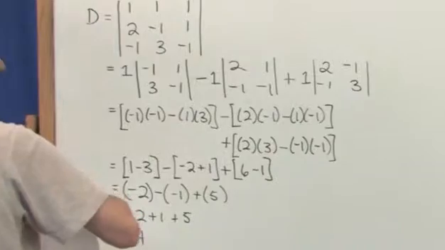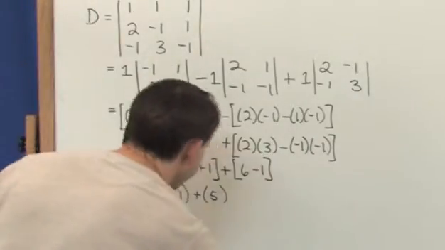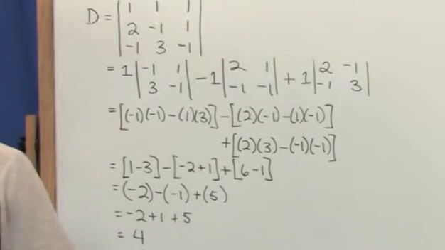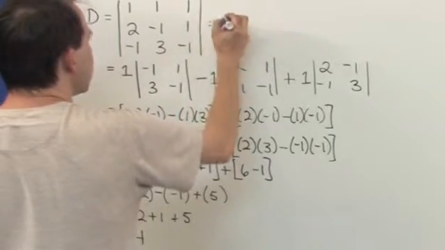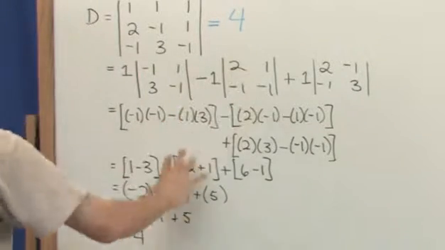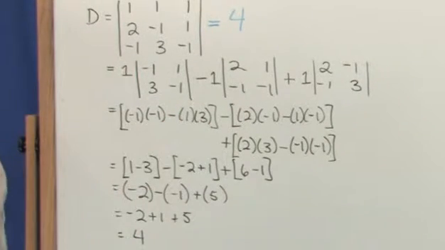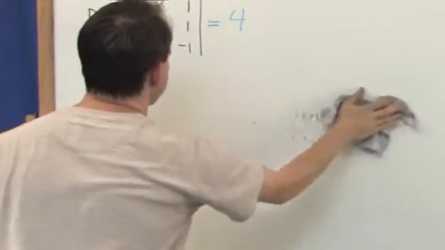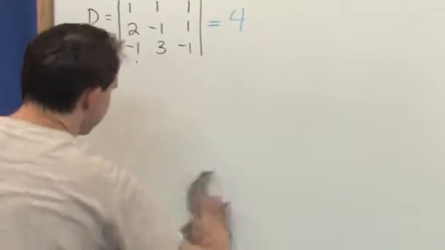So what I'm going to do at this point, because I'm going to quickly run out of board space here, is this determinant, we've done this math and we got a positive 4. So I'm going to put an equal sign and put a 4 here because that's the determinant that we calculated using this math right here. So make sure you understand this before you move on, because I'm going to erase that right now. Otherwise I'm going to quickly run out of the entire board calculating this,